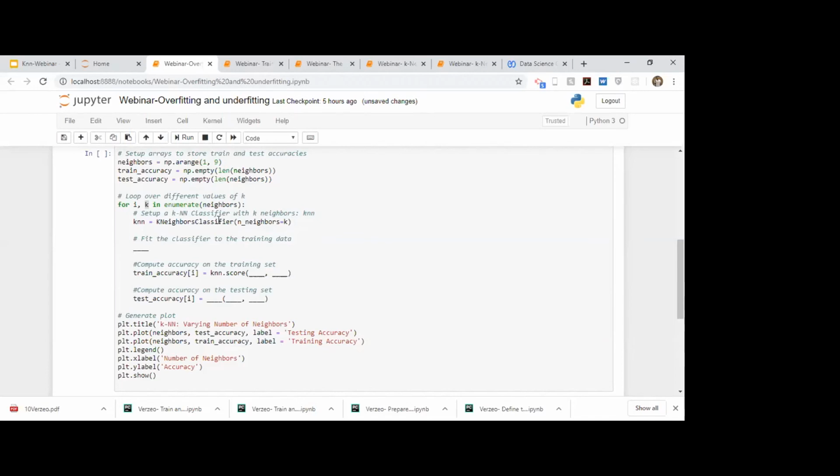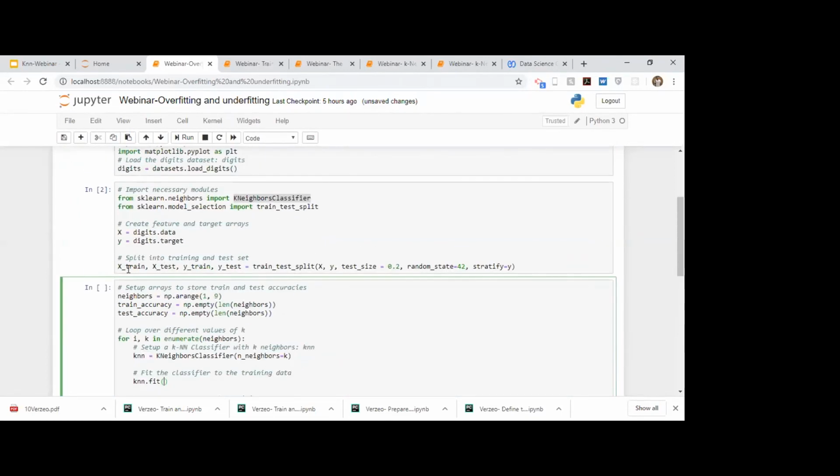Then after instantiating, as I mentioned, it is a 3-step process: instantiate, fit, and predict. Now we will fit, so we write knn.fit on X train and Y train.